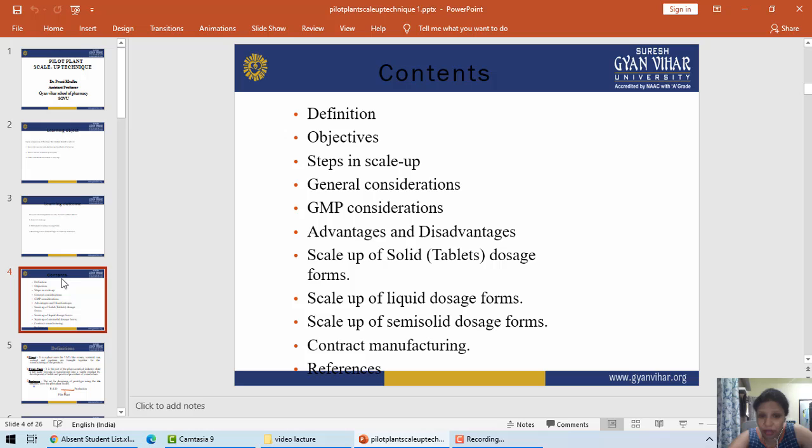Last but not the least, contract manufacturing. There is a term which is known as contract manufacturing. So we'll discuss in detail what contract manufacturing is and how we can do it. All of this we will discuss in this